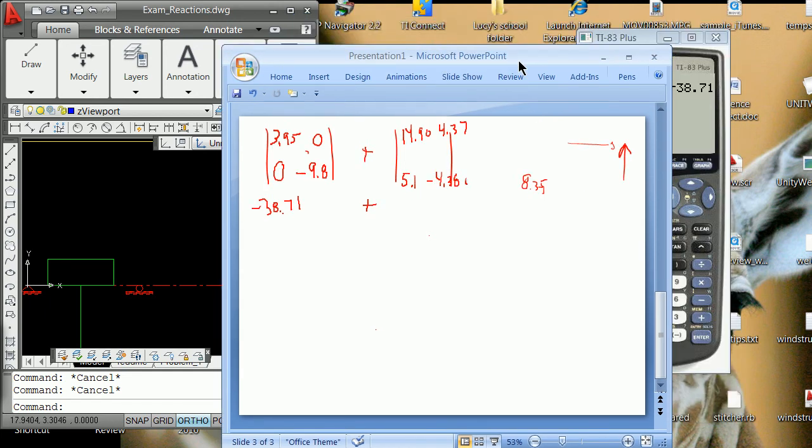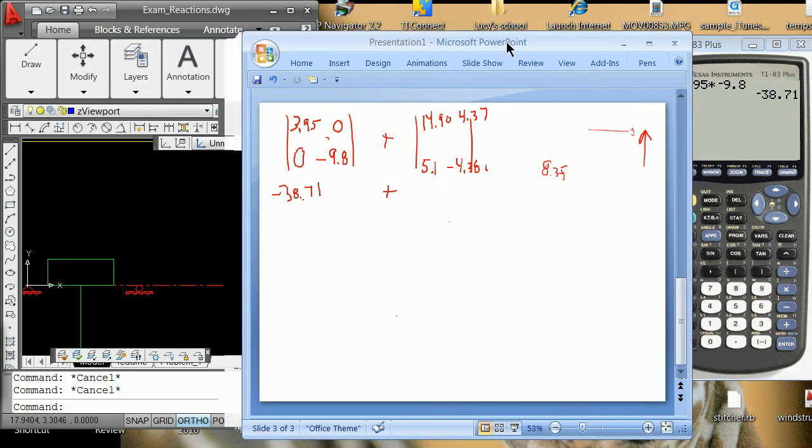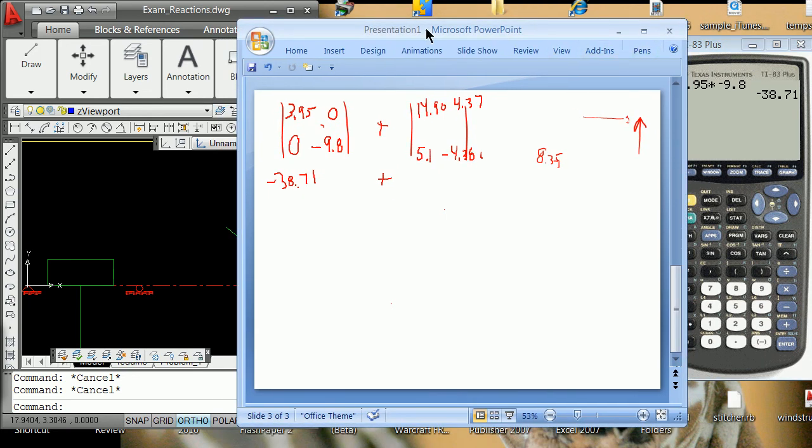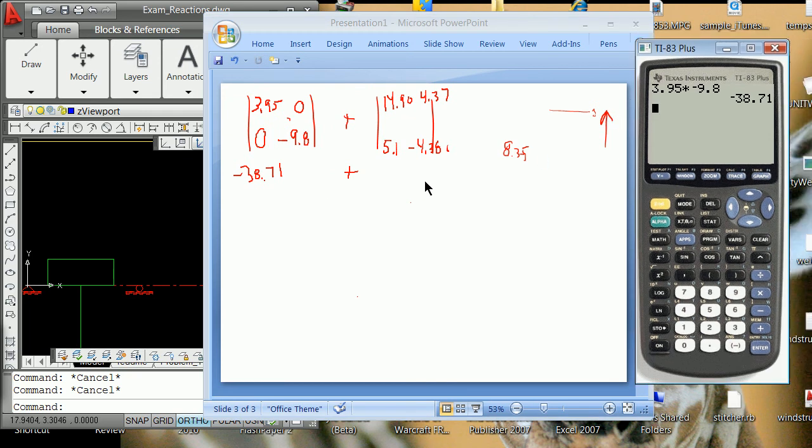Somehow as I move my calculator there, I lose pieces of it. So I'm going to slide this one over here. I take, in this case, 14.9 times a negative 4.36 equals, now that's a negative number, and then I'm going to subtract out the other, so I'm going to say